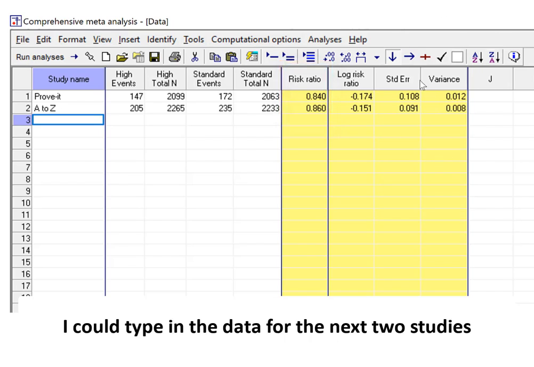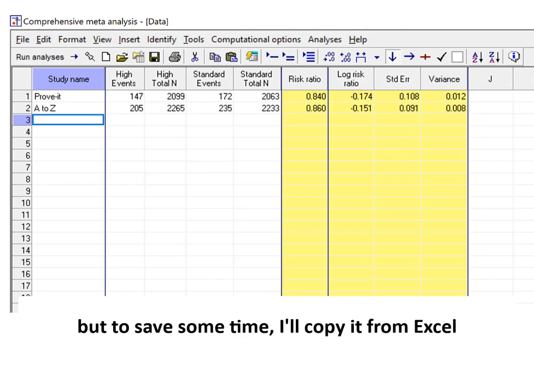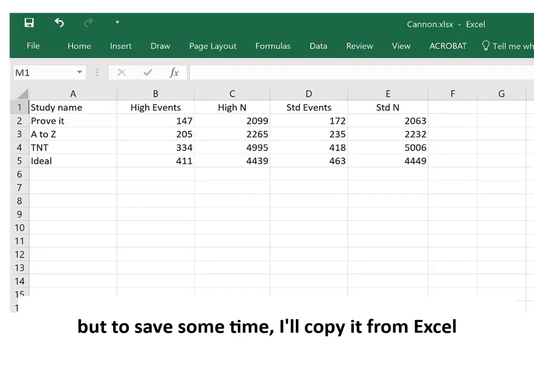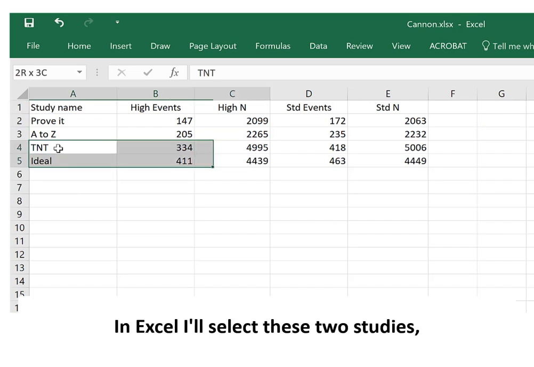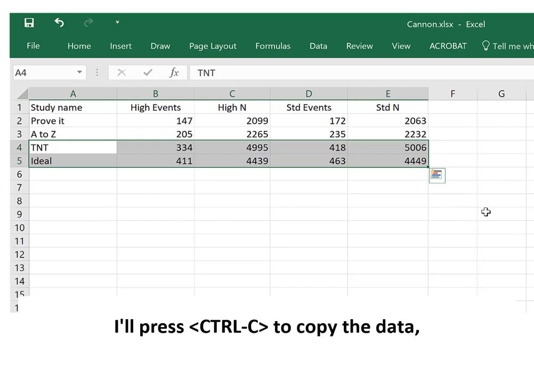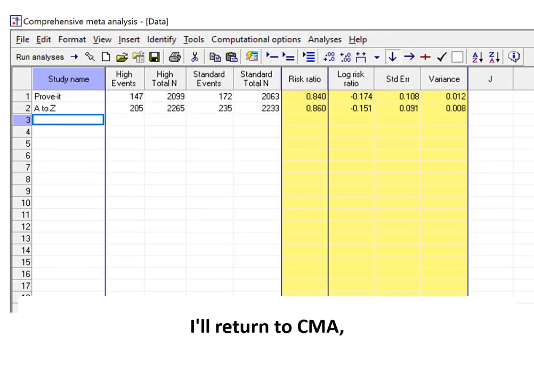I could type in the data for the next 2 studies, but to save some time, I'll copy it from Excel. I switch to Excel. In Excel, I'll select these 2 studies. I'll press Ctrl-C to copy the data. I'll return to CMA.